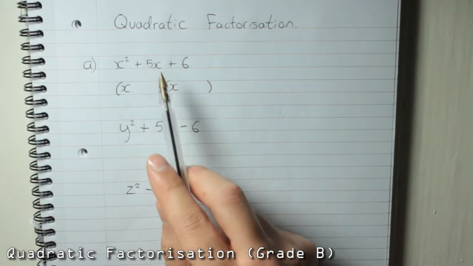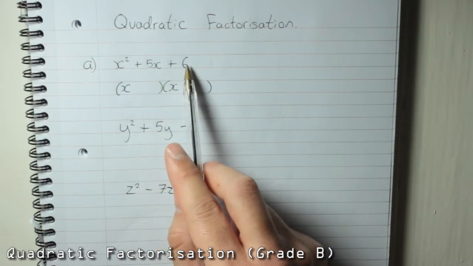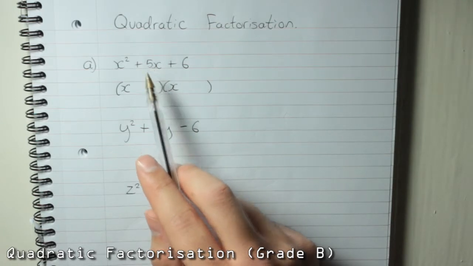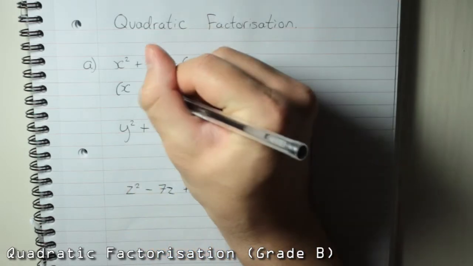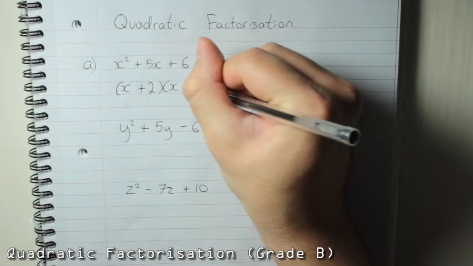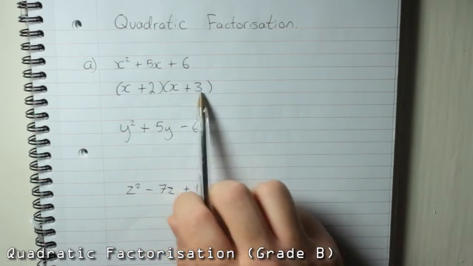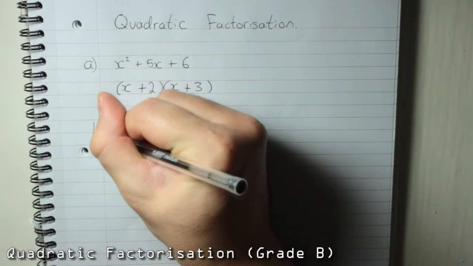Both numbers are positive, because we've got to make a positive 6 by multiplying and a positive 5 by adding. So the two numbers have to be positive 2 and positive 3, and it doesn't matter which bracket they go in. So I'm going to put the 2 there and the plus 3 there, and that's it, that's done, it's factorised. And if you were to multiply this back out again, you would get that. So next question,